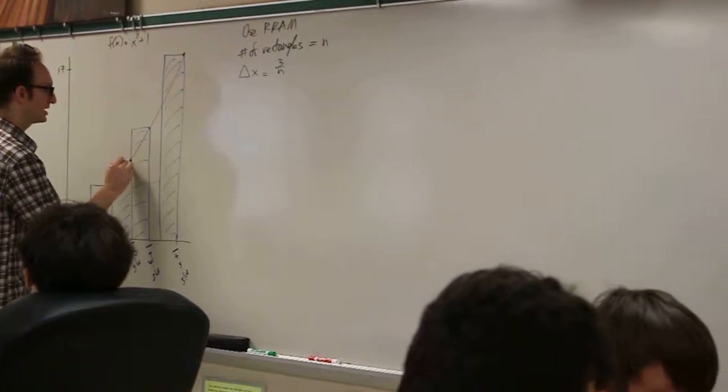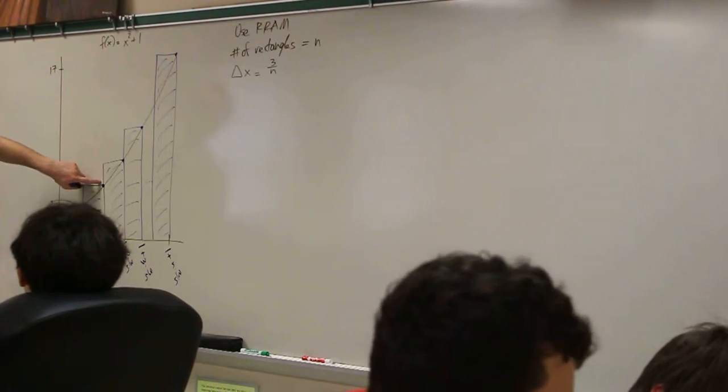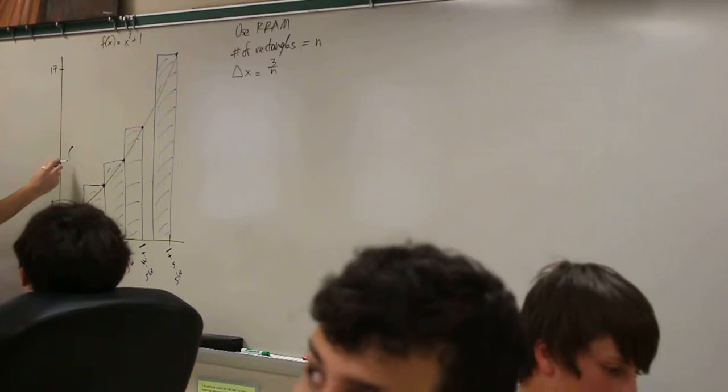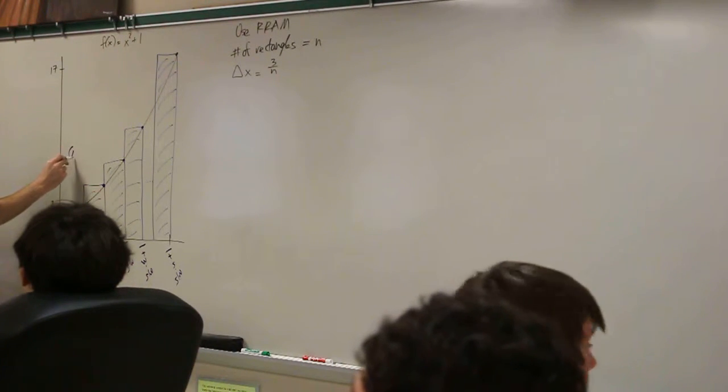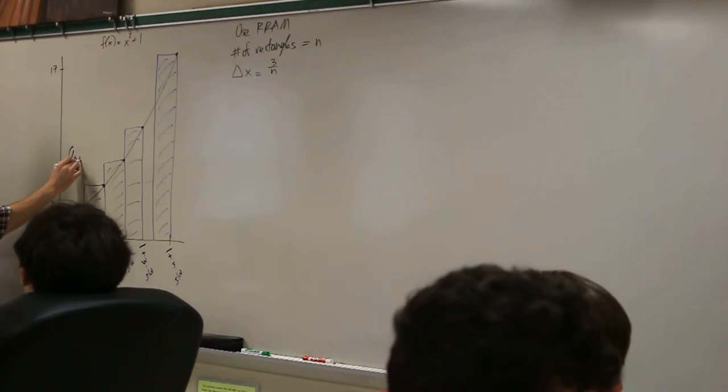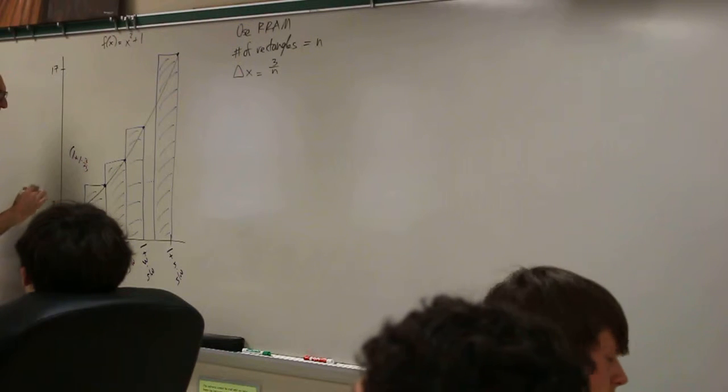Then of course you still have to do it also. Okay, so now this point, going a little fast, will be 1 plus, for pattern recognition purposes, I'm going to write it as 1 times 3 over n,